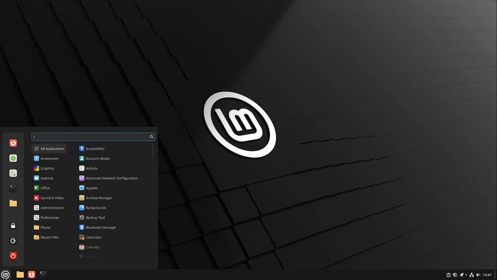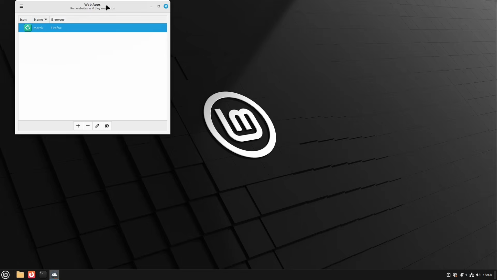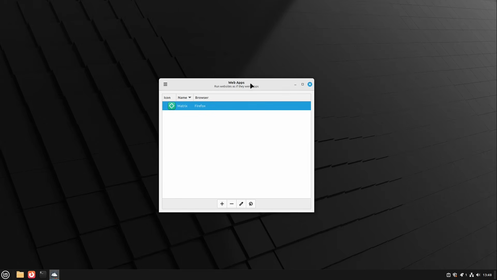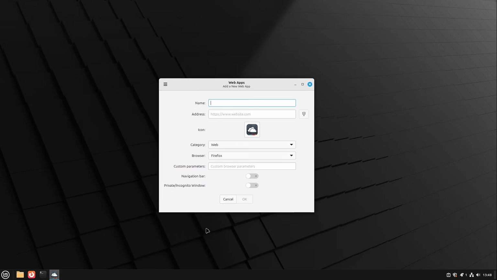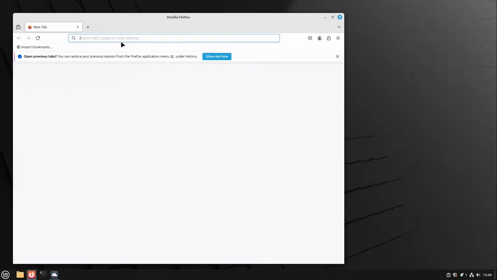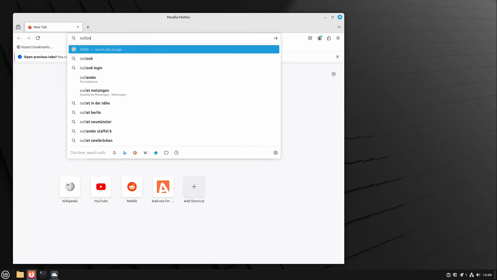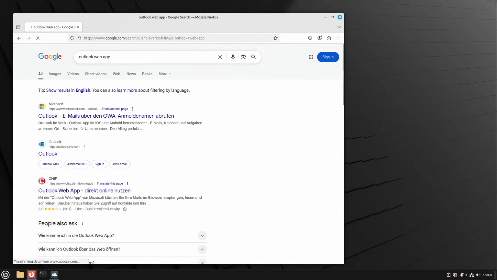So I close everything and we go to the menu back again, and then we have a look at the internet section, and here we have an app called Web Apps. We open this one up, and here we can very easily define new web apps, for example, Outlook. And so to get to Outlook, I click on plus, and then I can type in Outlook, for example, as a name, and then I have to insert the address. And for that, we can Google it, for example, so Outlook web app, and then we may see an address like this one. We take this one,